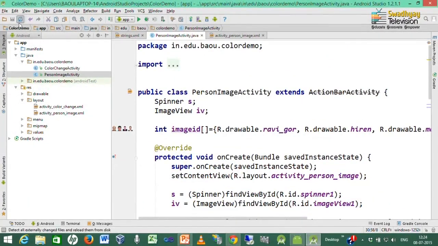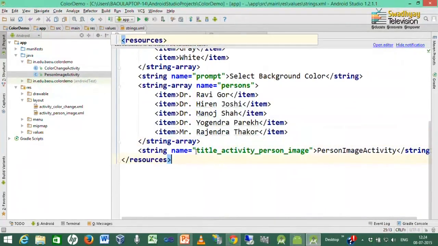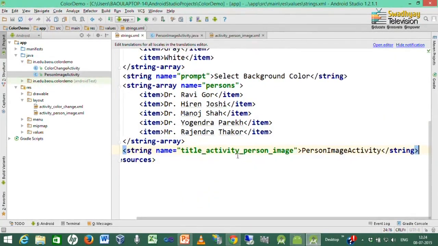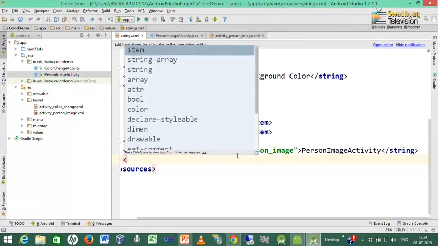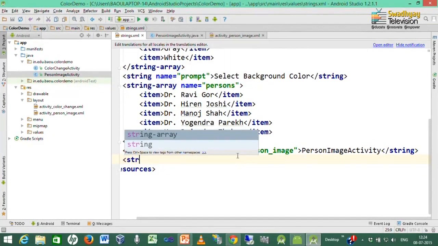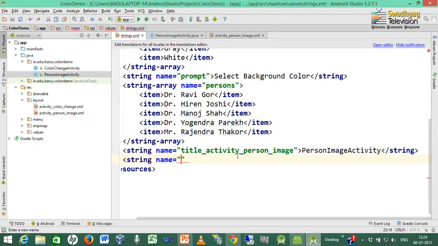We save this file. You can also specify a prompt for our spinner. So, I declare one string with person prompt, because we already defined one prompt.